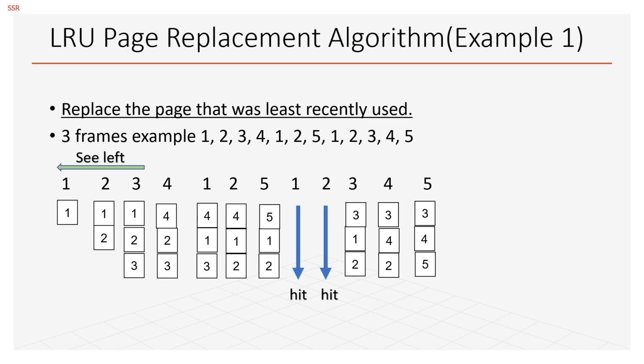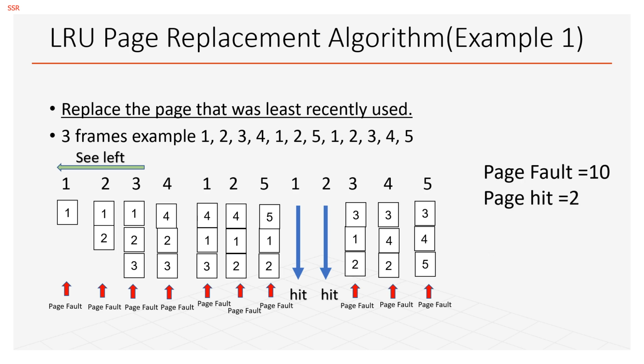So this easy method which you can follow is, see towards your left which were the pages recently used, write them down in the same position, and then the last frame which is left out will be replaced with your new page. Now let's count the number of page faults in this particular reference string. 4, 5, 6, 7, 8, 9 and 10. So the page fault is 10 and the number of page hits is 2.